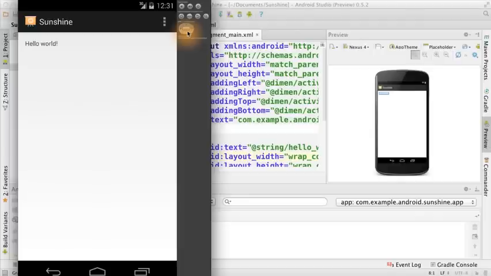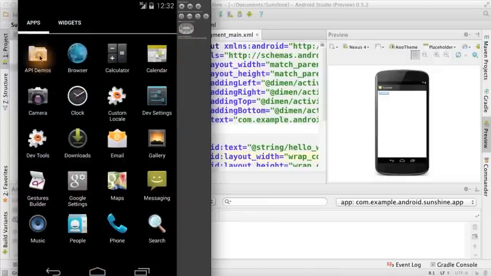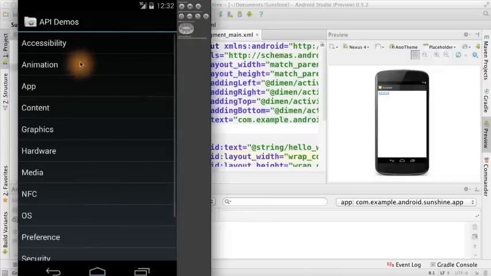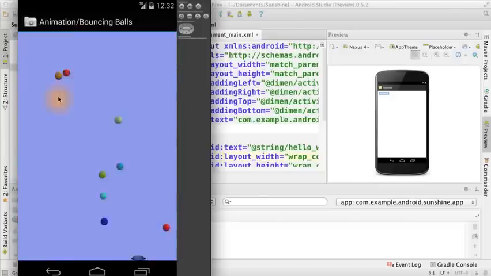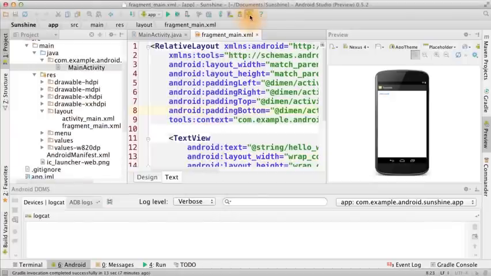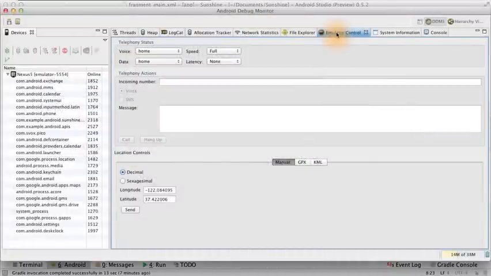It also includes debug capabilities, including log output and the ability to simulate app interrupts or network latency. You can also hit home and browse around the device to see other apps. For example, you can check out API demos. Feel free to play around with the emulator some more. If you open up Android Device Monitor, you can go into the Emulator Control tab. There you'll see different options for simulating behavior on your AVD, such as for telephony and for location.